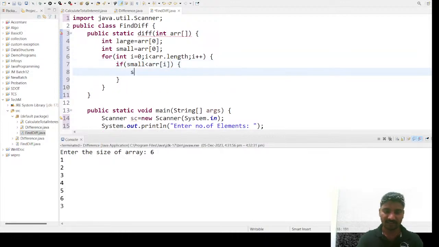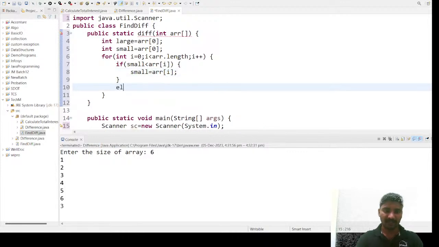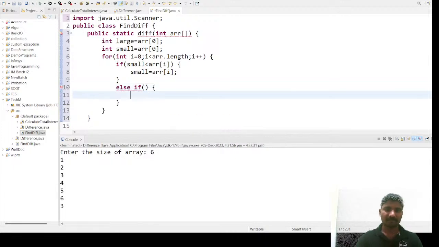Small is equals to array of i has to be updated. Else, if, what will be the condition? Large has to be